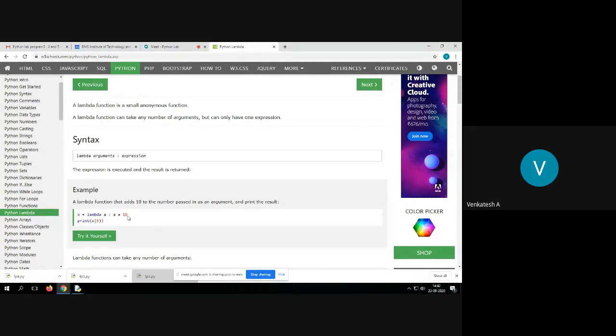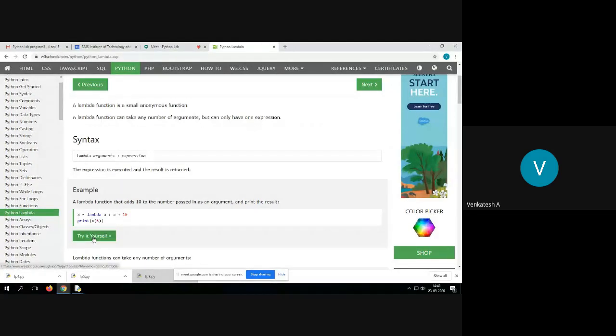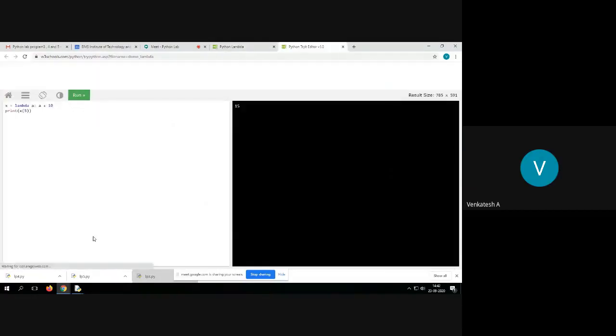That means whatever value you pass, it should add an extra 10 and store the result in variable x. Say for example here, we are passing value 5. x of 5 means 5 plus 10, that is 15. x should store 15. Now try it yourself. Click on try it yourself. See here you have a virtual interpreter.